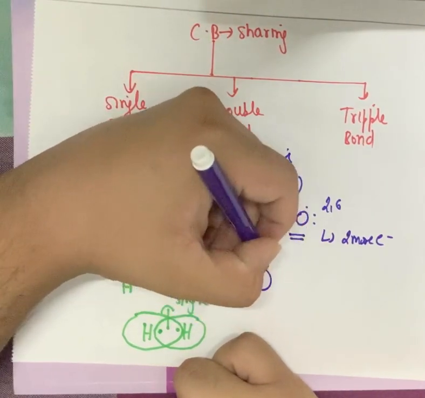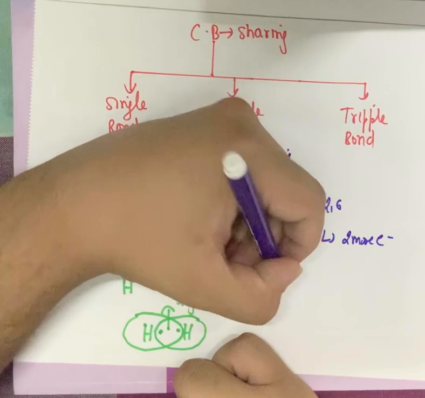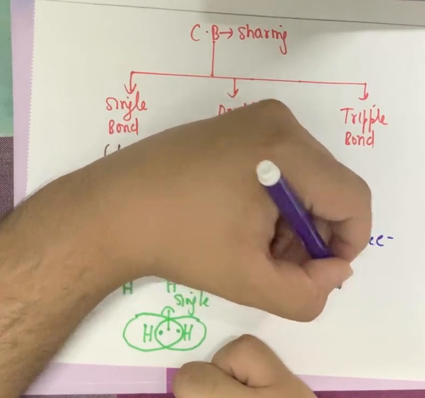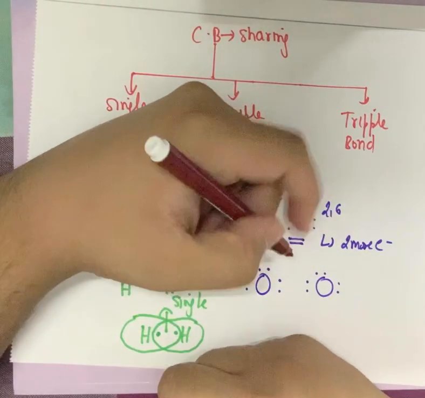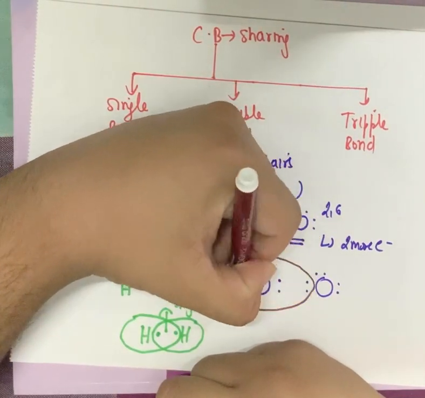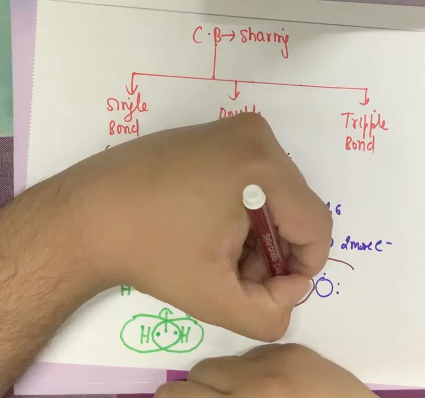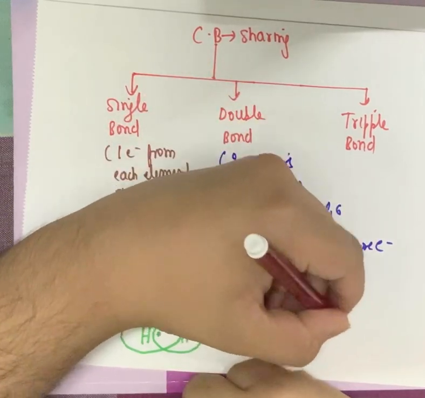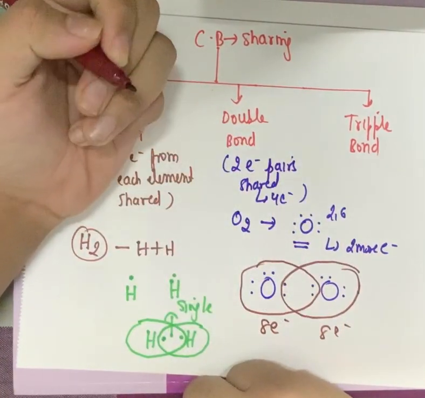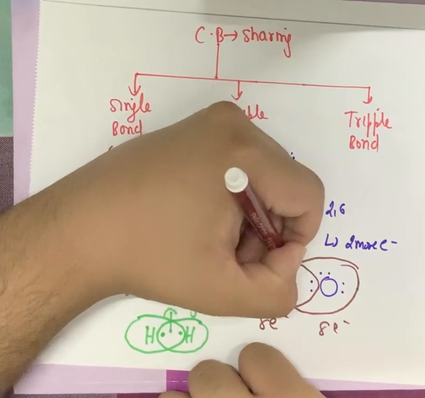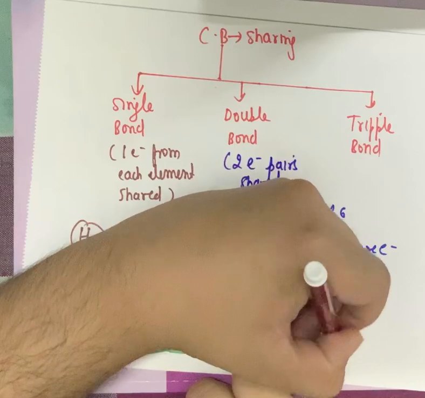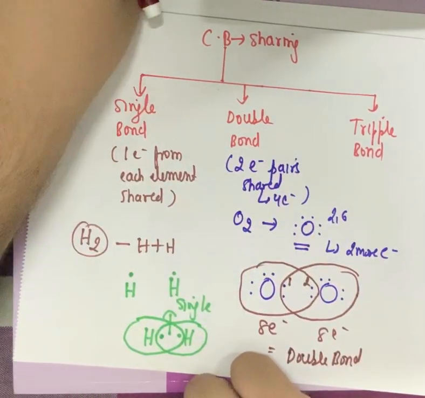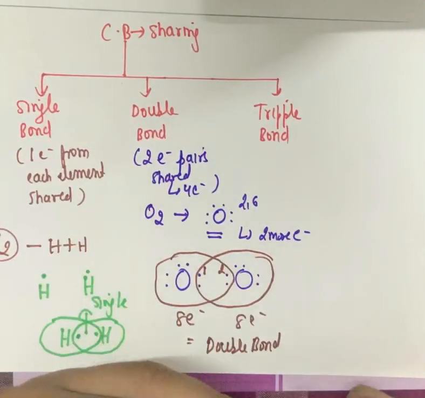So this one oxygen with 6 valence electrons and the other oxygen with 6 valence electrons share these electrons, and this in the end gets 8 and this too gets 8. So this is 8 electron, this is 8 electron, both have stabilized. And how many pairs of electrons are shared? This is 1 pair, this is 2 pair. So that's why it is a double bond. I hope it is clear.